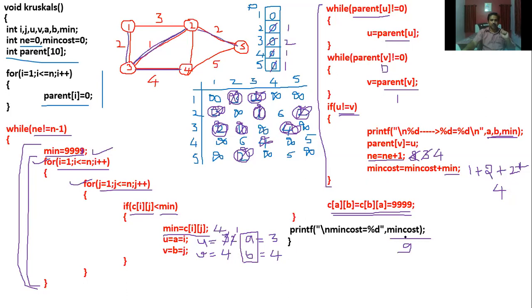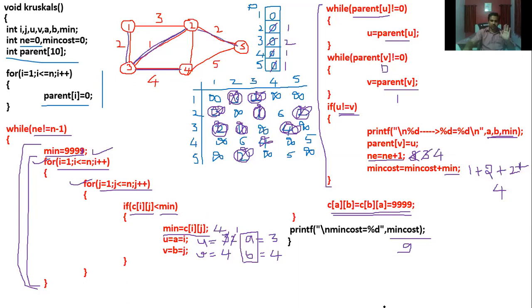Okay. So in a simple way, your edges are going to be organized in ascending order of cost. I'll keep on considering edges one by one, and I will check whether there is a cycle formation or not. If there is a cycle formation, I do not consider that edge. If not, I'll consider it. I'll keep on repeating until I get n minus 1 edges. So this is how I'll implement your Kruskal algorithm.